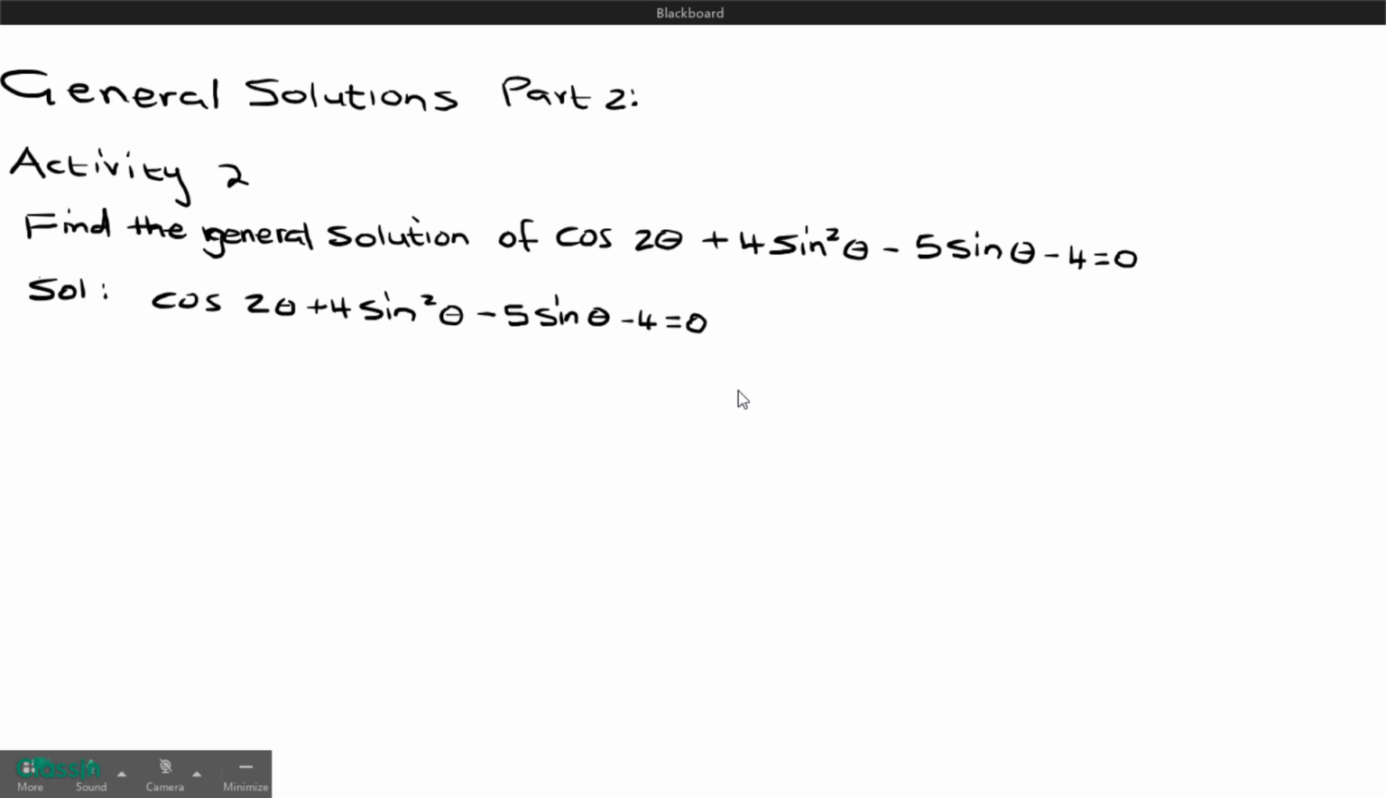We are still on general solutions. Now it's part 2. On the board here, I've got activity number 2. On the question, they say find the general solution of cos 2 theta plus 4 sine squared theta minus 5 sine theta minus 4. Looking at the equation that is given, we always try to check